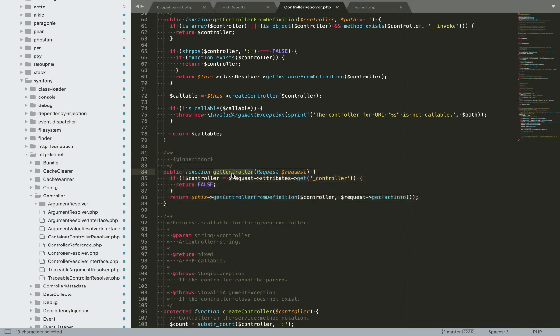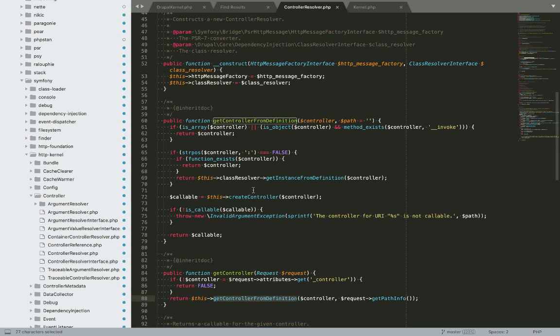Then this get controller uses the controller from definition function, and this function uses the class resolver's get instance from definition function.